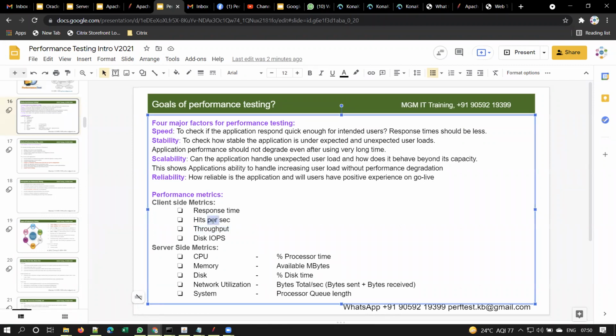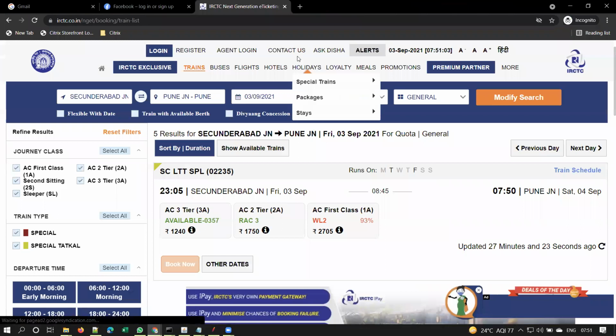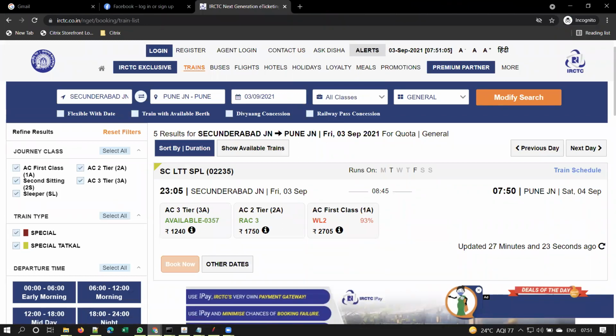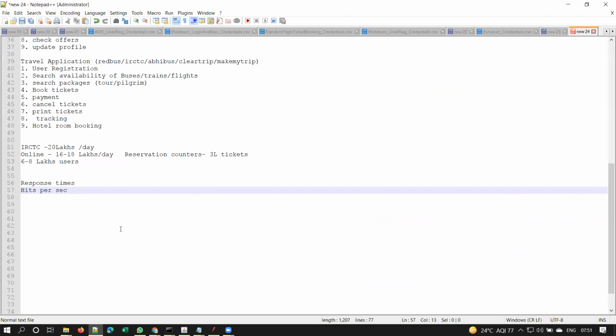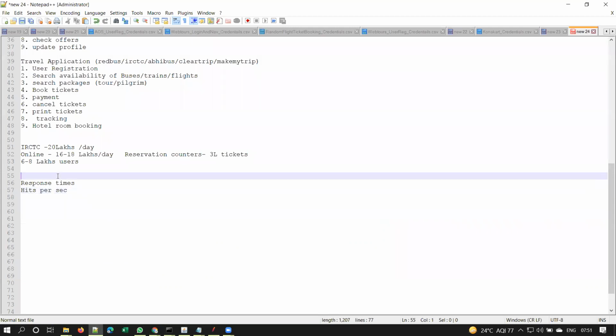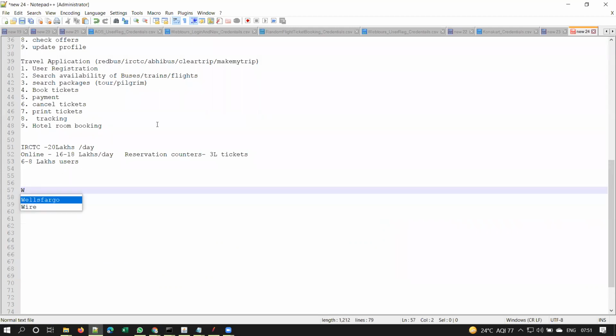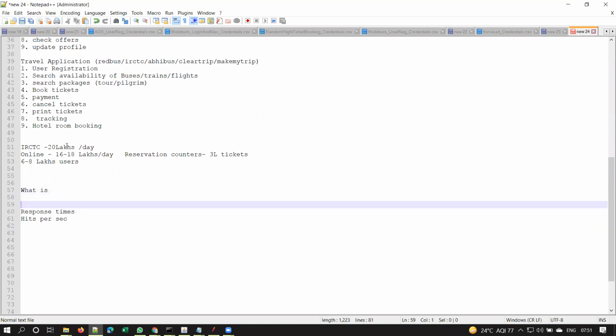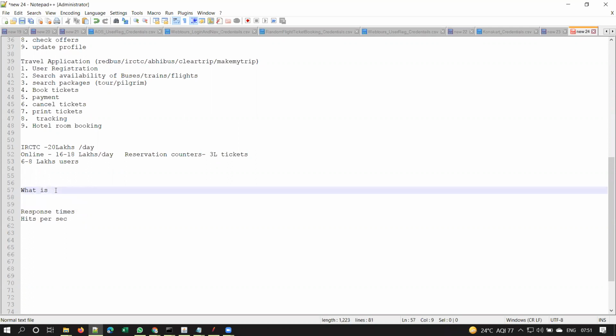Now there is a difference here. There is a difference between a request and a hit. Let me explain that now. Important interview question, guys. What is the difference between a request and a hit? I'll create one Word document for your class notes. I'll copy this today into a Word document and share it with everyone. So, very important interview question.